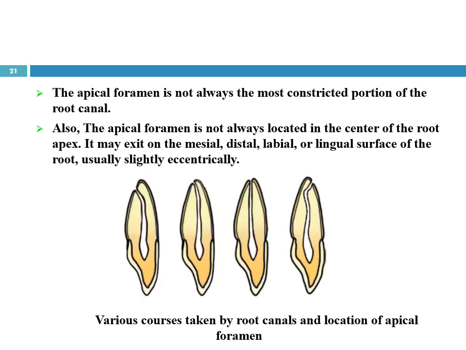The apical foramen is not always the most constricted portion, but it is more likely to be constricted in most cases. The apical foramen is also not located in the center. It may exist on the labial, mesial, distal, or lingual surface of the root,